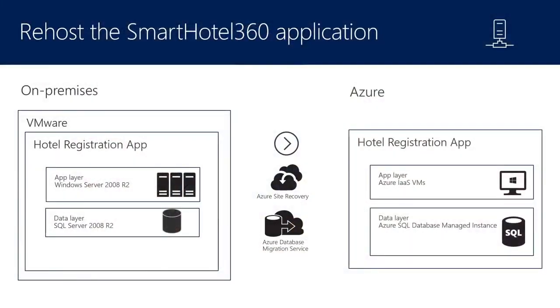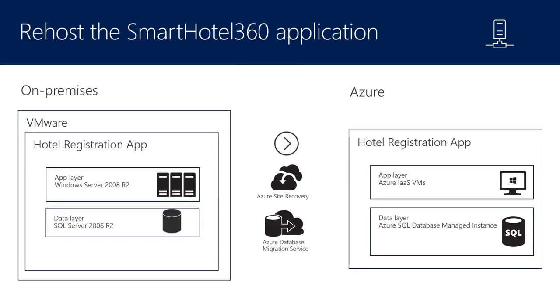I'm leveraging the Smart Hotel 360 registration app posted on GitHub. I use this app to guide us through the assess and app rehost migration strategy. You can use this app to try out your own migration. This is an example of an application that's important to business operations, but it's not a core differentiator. Thus, I'll use this strategy to lift and shift it to Azure with the least effort, no code changes, and